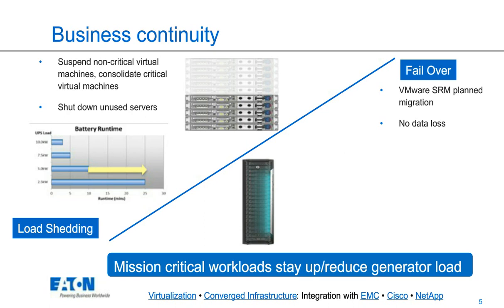And then our second feature of business continuity is we initiate a planned migration with VMware Site Recovery Manager. What happens there is the Site Recovery Manager works in a planned migration mode, which means that when it's triggered, the first thing that happens is the disaster recovery site syncs up to the primary site. Once that happens, there is no data loss. If you had to restart a data center at current time when the backup was last night, you lose all the transactions in between. So using VMware's planned migration mode of Site Recovery Manager, we avoid that data loss.